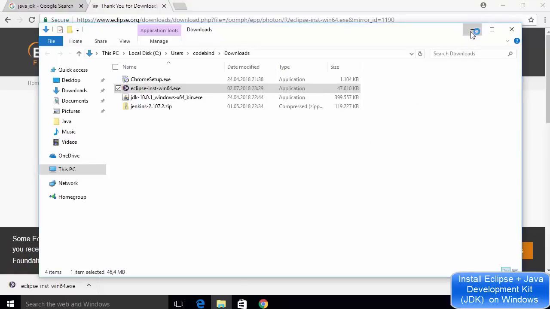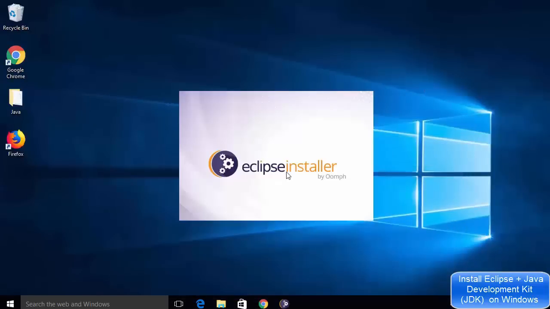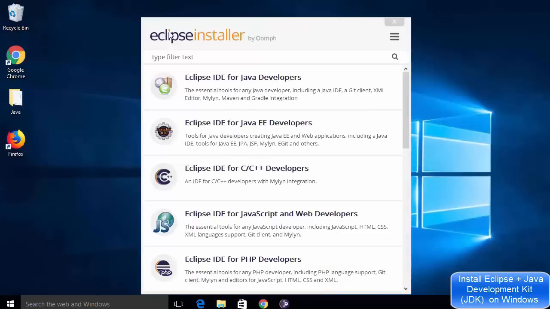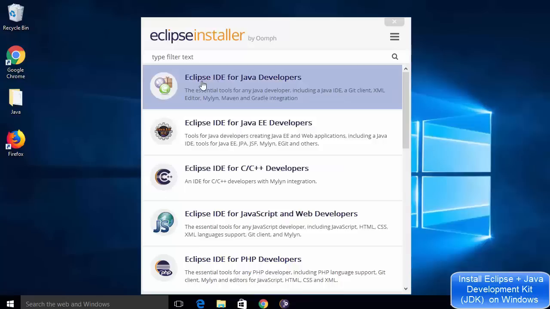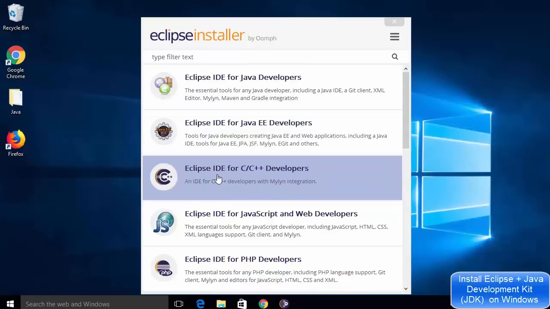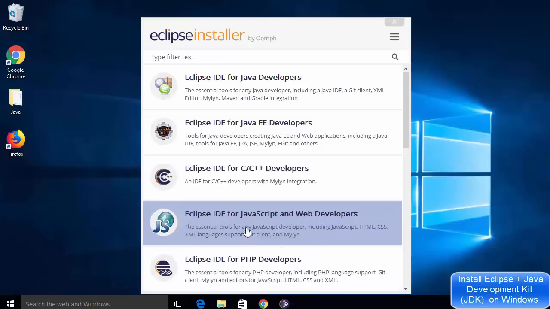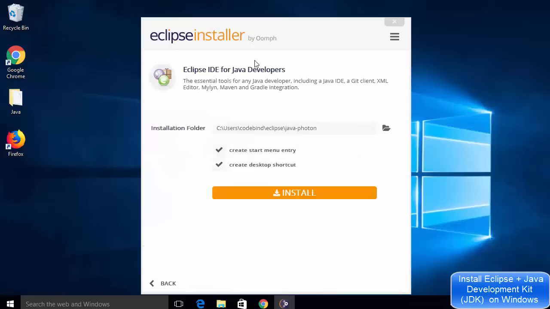And I'm going to minimize this folder explorer, and I'm going to minimize this browser also. And once your Eclipse installer is started, you will see the interface like this. So you will be able to download Eclipse IDE for Java developers from here, or Eclipse IDE for Java EE developers, or Eclipse IDE for C++, PHP, and other languages. So what we are going to do is we are going to install the first option, which is Eclipse IDE for Java developers. So I'm going to click on this option, and now you will see the next window here,